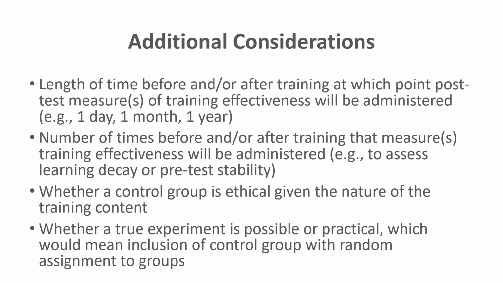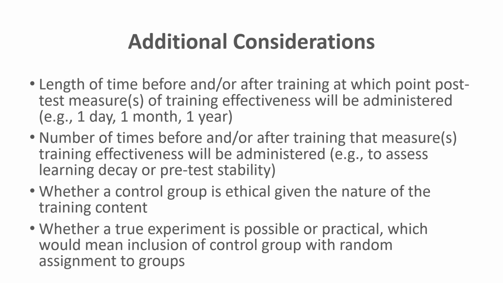So especially if it's something like safety, if you're trying to teach people safety attitudes, behaviors, and performance, that might be very unethical to withhold such a training that could literally save people's lives in the workplace, and to withhold that from a control group of people and give a different group of people, the training group, access to something that could save people's lives. Now, one way you might get around this, if it's a very short training, let's say a 1-day safety training, is you give the training group that training the first day, and then you give everybody the post-test, and then the very next day you might give the control group that training just to catch them up in case it's effective.